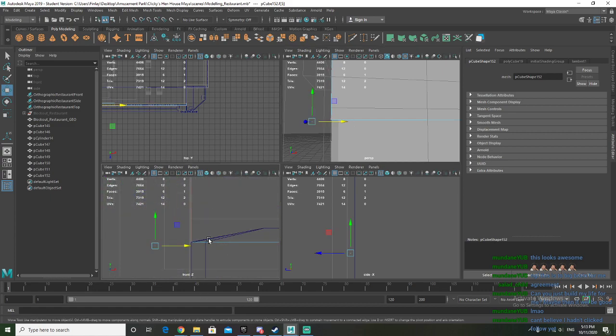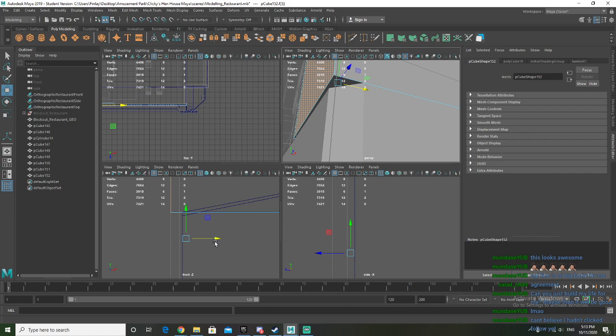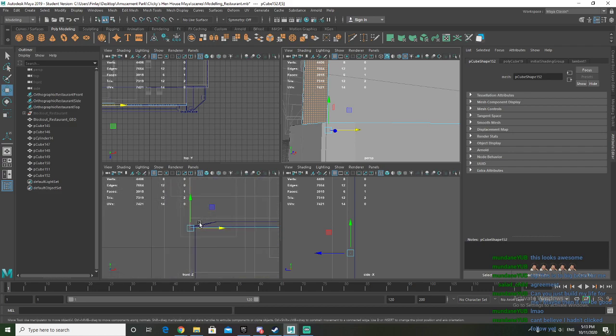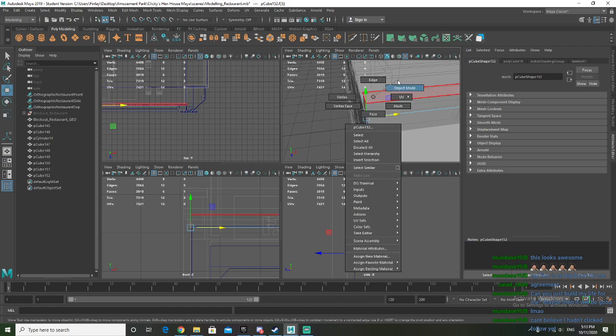Make sure we get it perfectly lined up again. Like so. There we go. Oh dear. I wanted to go with that. Like that. There we are. Like so. Good. What we're going to do, object mode,